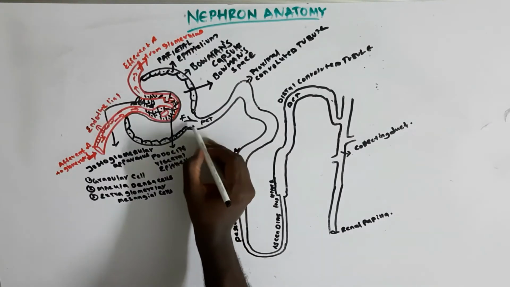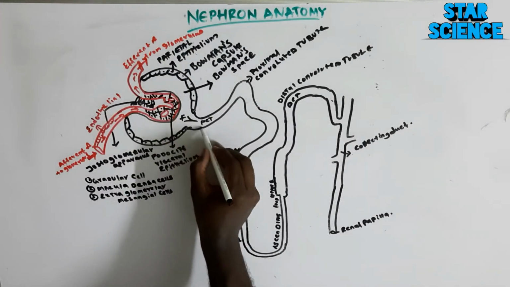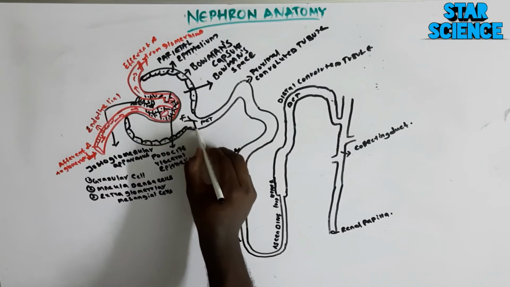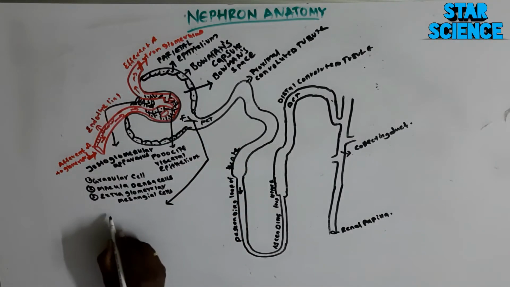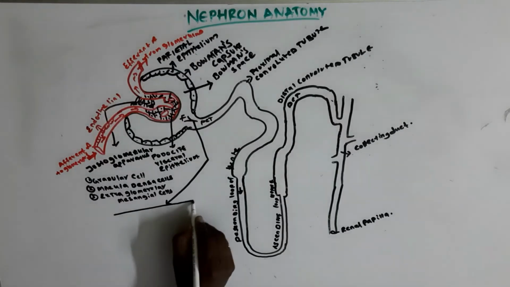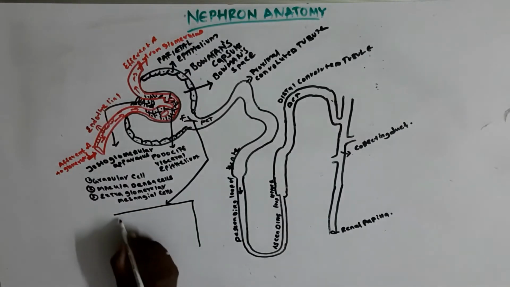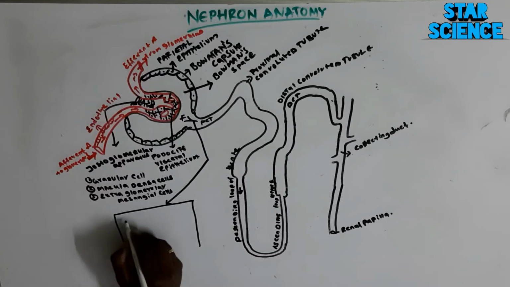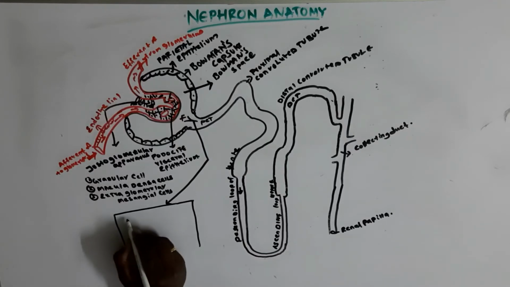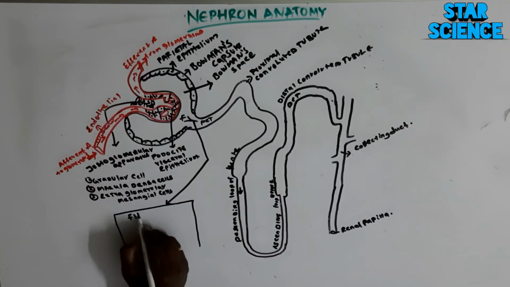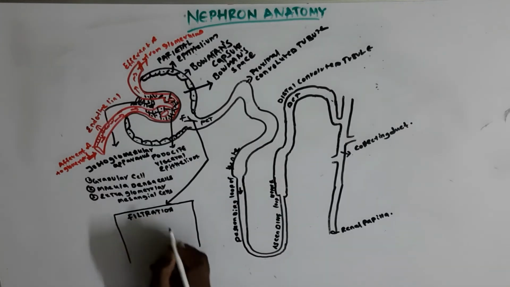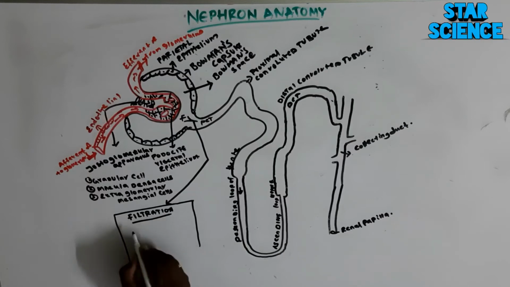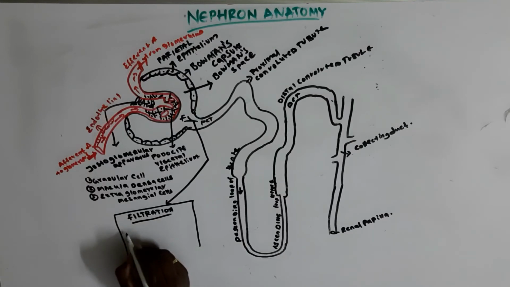So right now I am going with filtration. What are the filtered contents that have reached Bowman's space. So I am giving this in this box to help you remember, so do take a note. Firstly, you have to remember the filtrate which is filtered by the glomerular filtration. So all the filtration contents are, now we are saying, water,